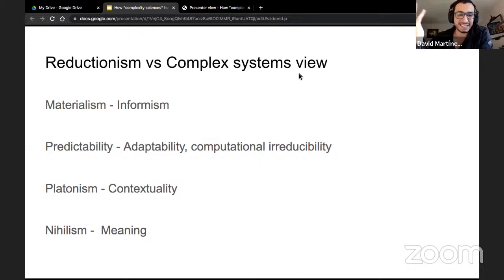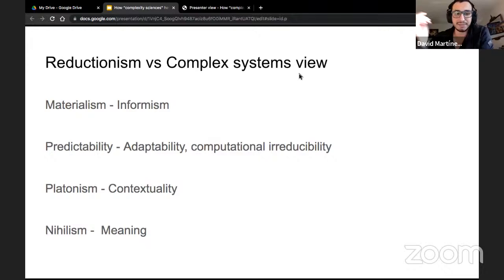But that's the goal of a reductionist view. And of course, if we have a set of equations that describe the universe, then that gets us to a nihilistic view of existence. Because, as I told you, existence has no meaning, and it just exists because of probability.